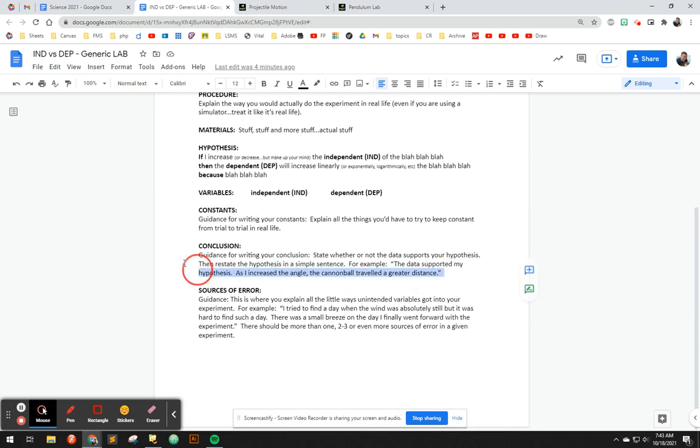And then once you do the experiment, if your hypothesis, your prediction that you wrote in here turns out to be true, you say, the data supported my hypothesis, and then you repeat it, but in plain language. You say, as I increase the blah, blah, blah, the blah, blah, blah. Sources of error is where you, pretending that you did it in real life, explain the things that got into